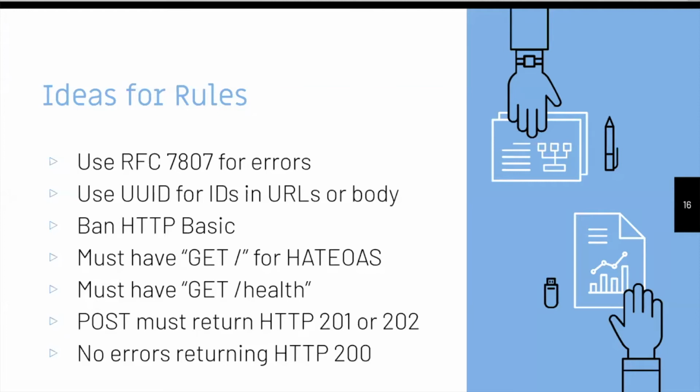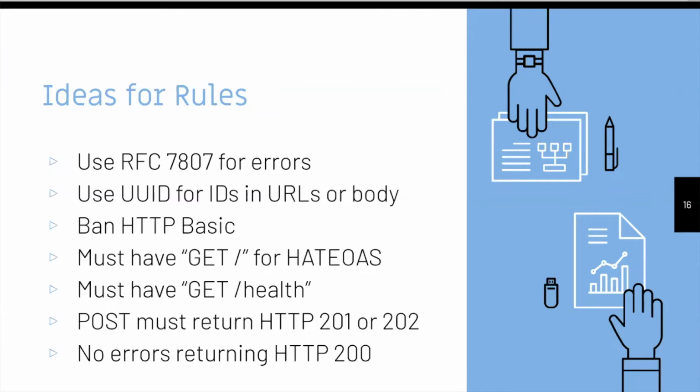And even say, make sure that when you get the root of the API, the rest of it's discoverable. Otherwise, you don't have a REST API, you just have HTTP RPC. And then the DevOps team, or SRE, or whatever you call them, might want to have a /health endpoint, where your application, which could be in any one of infinite different languages and framework combinations, should have /health, which could also be a known format. There's another RFC standard for that. So you can create all these rules. These are just some example types of rules that a style guide might have.